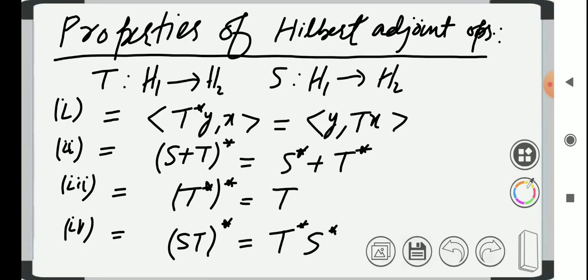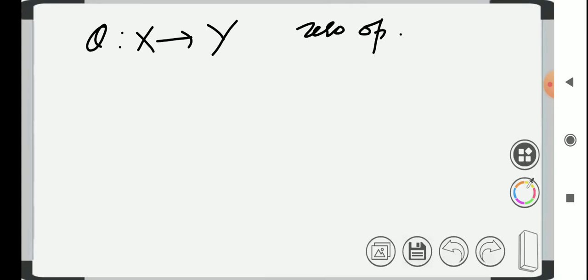Before proving these statements, let me prove a theorem first, or a lemma we can say. Let me prove first a lemma about the zero operator on inner product spaces, because we will need this lemma in proving these properties. It states that if we have a bounded linear operator Q defined on Hilbert spaces X and Y, it is a lemma about the zero operator. Let me write it here. It states the characterizing property of a zero operator. That is, it states that Q is a zero operator if and only if